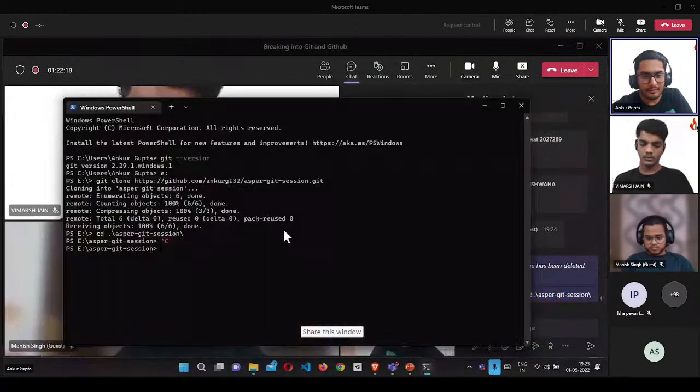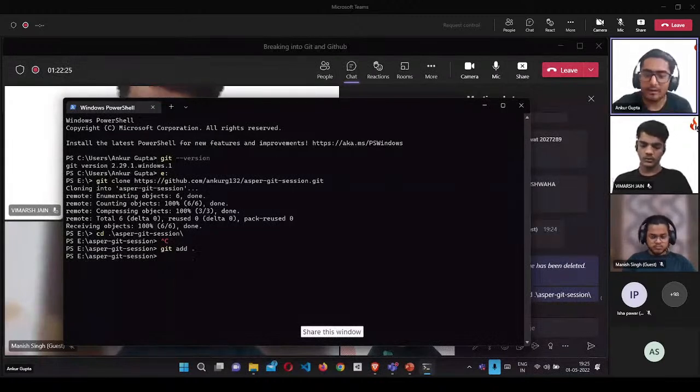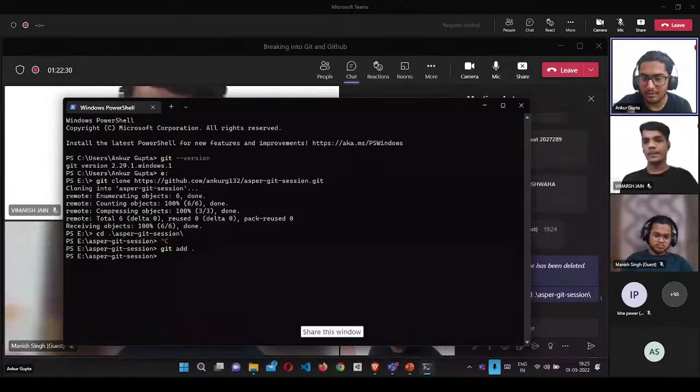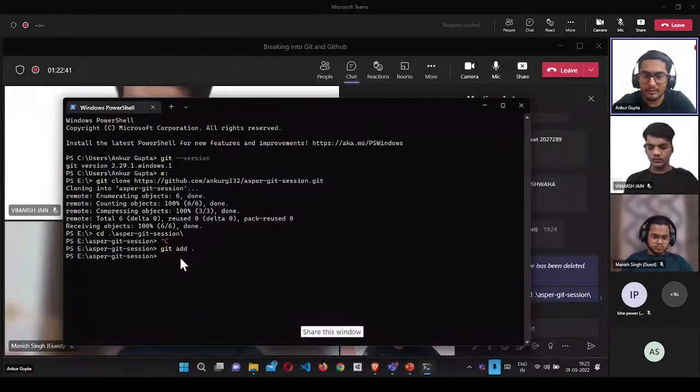Then what you'll do is you'll write git add dot. Okay. So what git add dot does is add the changes that you have made in your local system to git. So dot here signifies to add all the files. Since we have made changes in just names.md, I can also use git add names.md here.